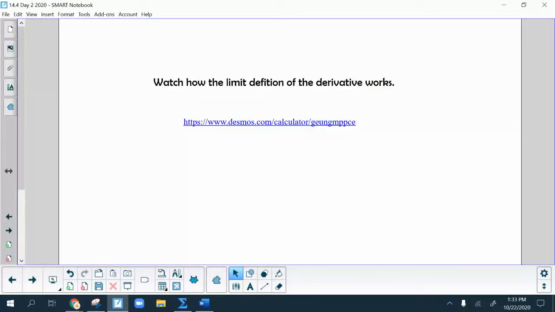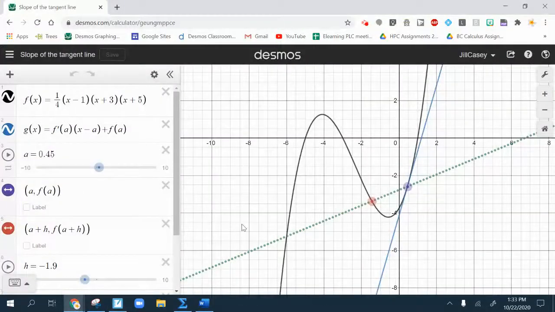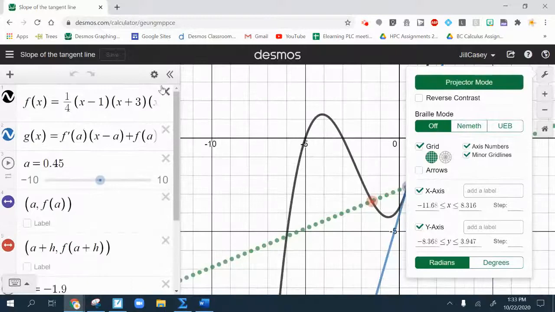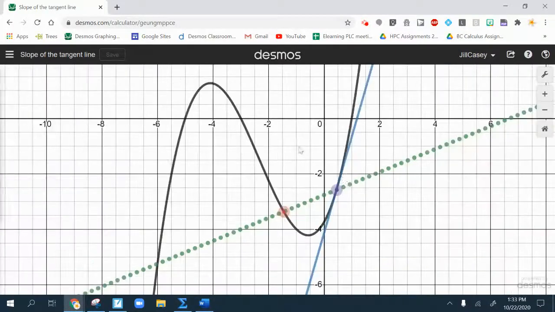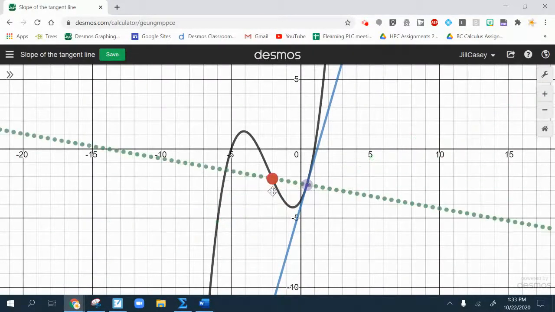First thing I want to do is just briefly show you this Desmos activity, which I'll put the link back up in a minute if you want to see it and look at it on your own. So what we have here is a cubic function that has two things drawn on it. It has a tangent line and it has a secant line. The tangent line is tangent right at this point here, and then this is the secant line, the dotted one